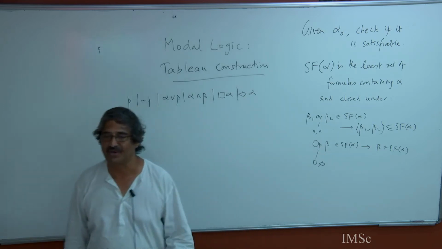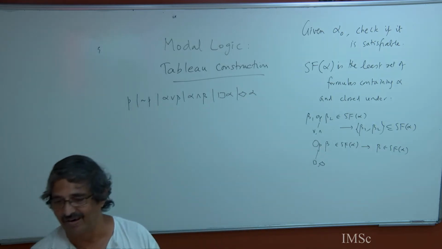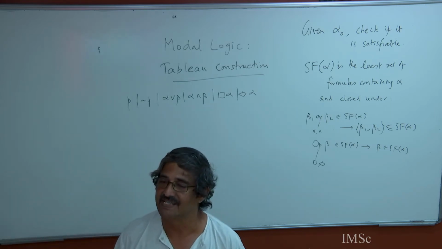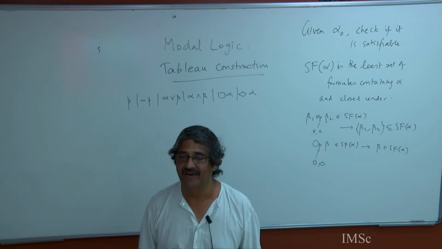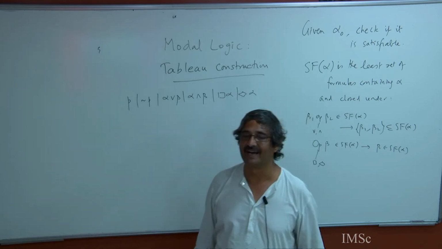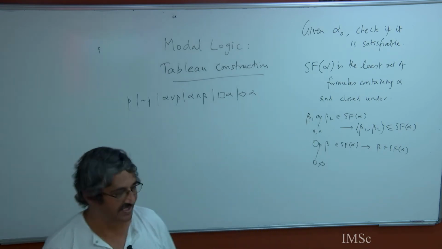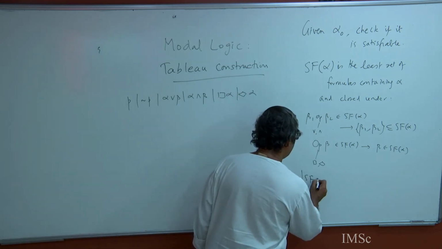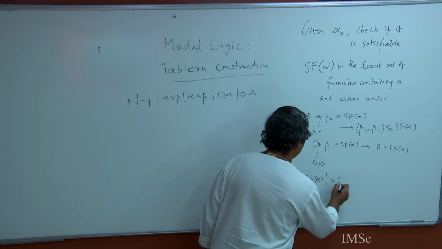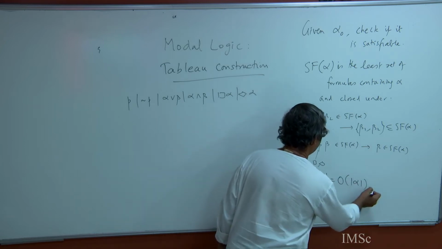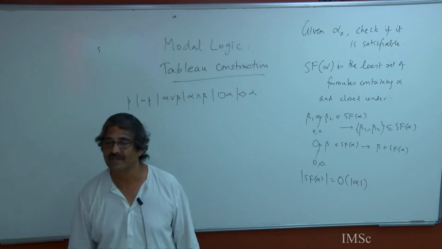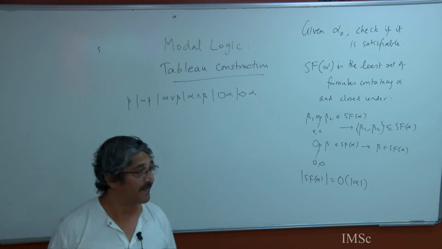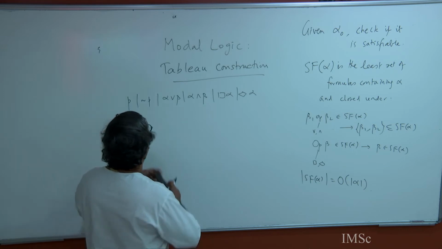So this is the natural notion of subformulas, right? Another way of saying it is that if you draw the tree representation of alpha, take all the subtrees, they are all subformulas. And it's easy to see then that the number of subformulas is linear in the size of alpha. You can have only that many subformulas. And now we have,